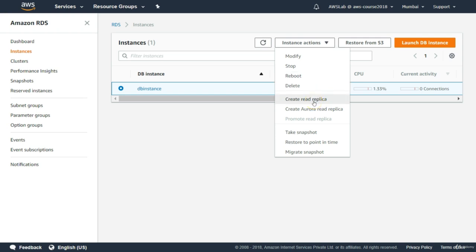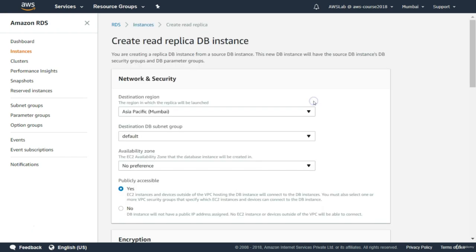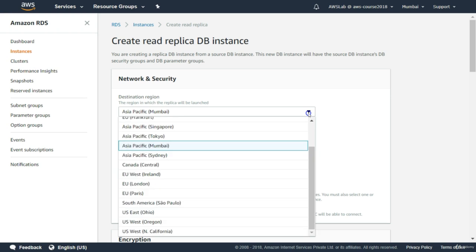And here's one interesting option, create read replica. Let us click this and see what happens. Create read replica DB instance. It will create a read replica. I mean, you cannot write into that replica, you can only read from that database. Creating a read replica is the same as launching a new instance, but you can do it in a different region as well. My original database was in Mumbai, but I can have a read replica in